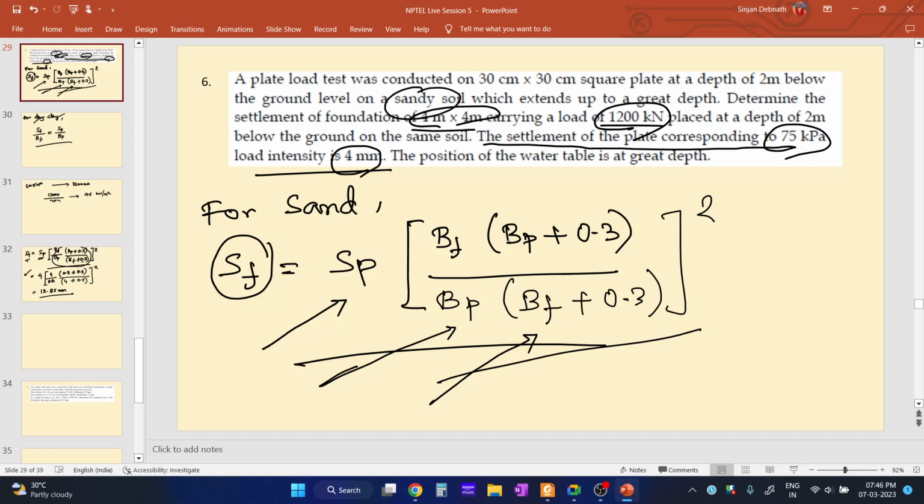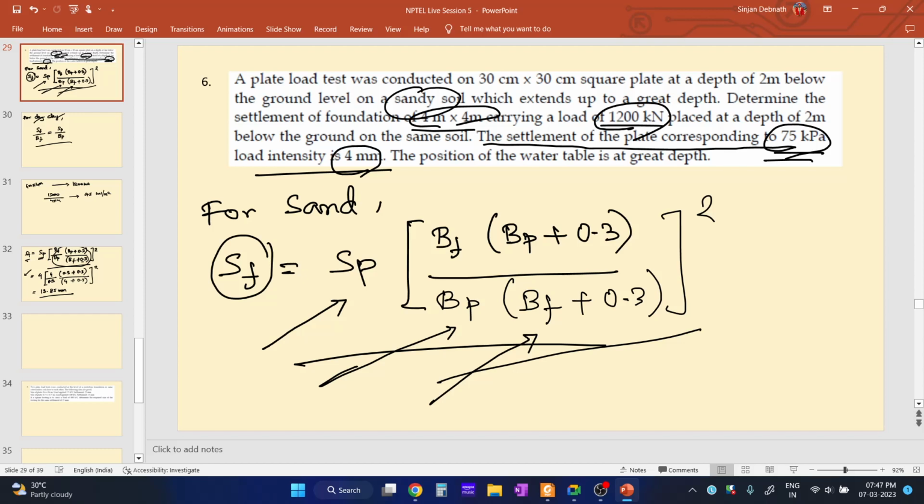So the breadth of the foundation is 4 meter. That is, it is a square foundation, so breadth is 4 meter. So we have just extrapolated the 4 millimeter plate settlement to a foundation settlement. Okay, and the load acting on the plate and on the foundation should be same, obviously. Here 75 kPa is acting on the plate and corresponding settlement is 4 millimeter, and on the 4